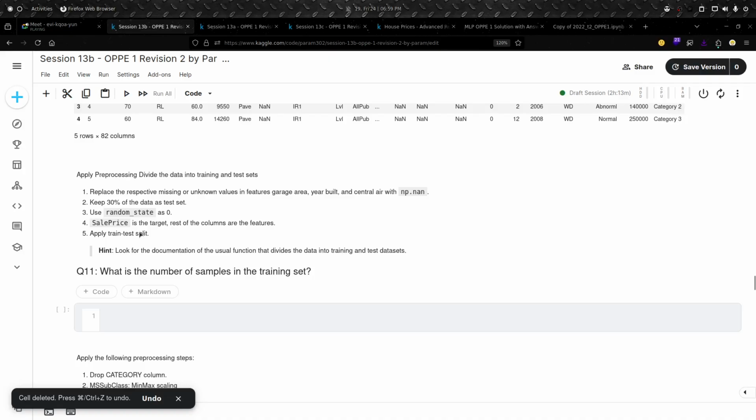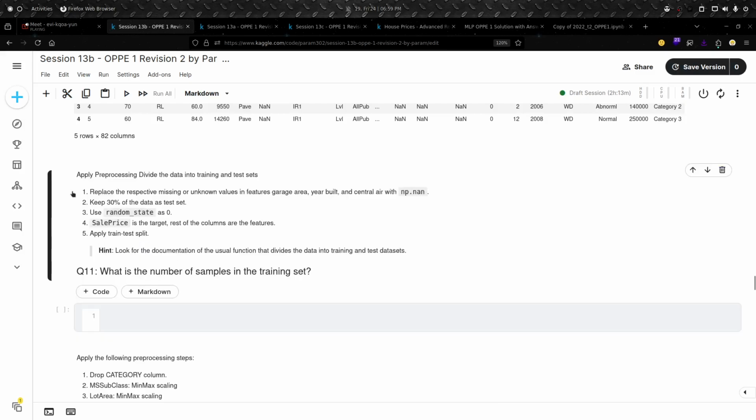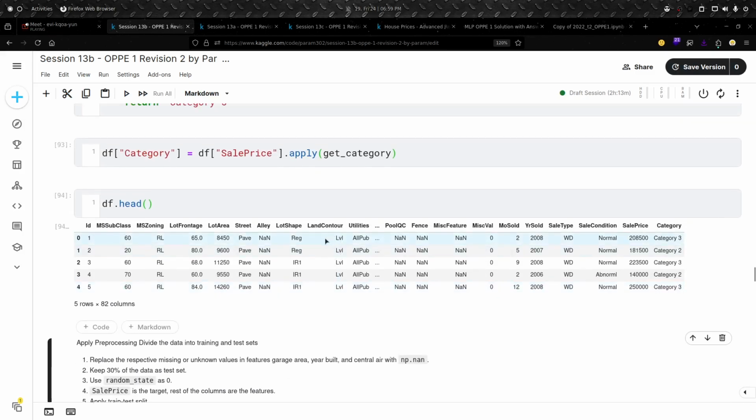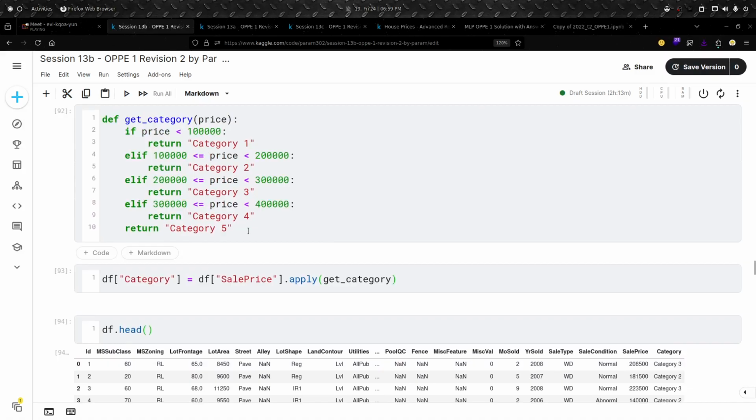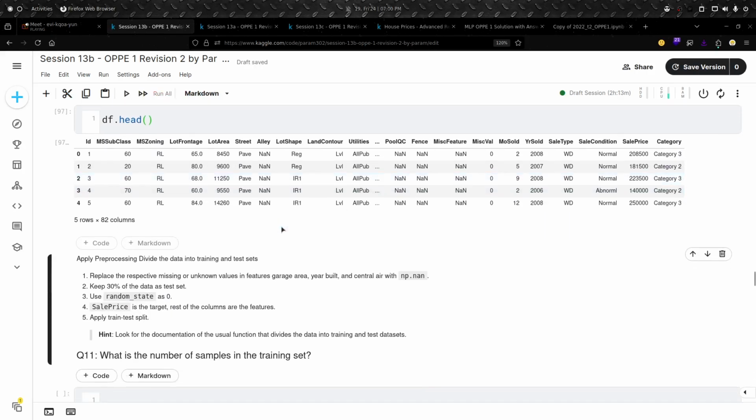Can you all read this? I just have a small doubt. In the previous question, in the elif statement, we can also write it like that, right? Elif price is less than 2 lakh, because if it is less than 1 lakh, then it will go only into the first if statement, right? We can do this also. There is no problem, I'm just using another way. We can do it any way, that doesn't matter.